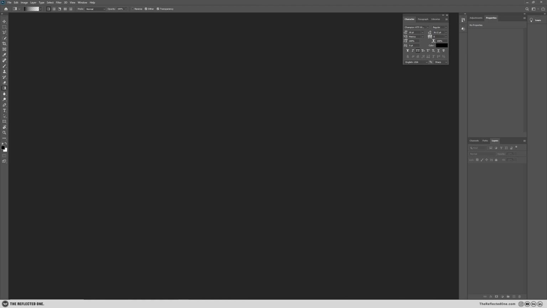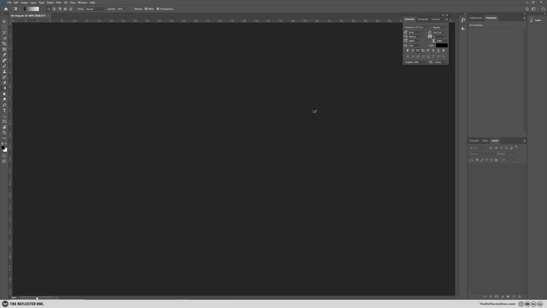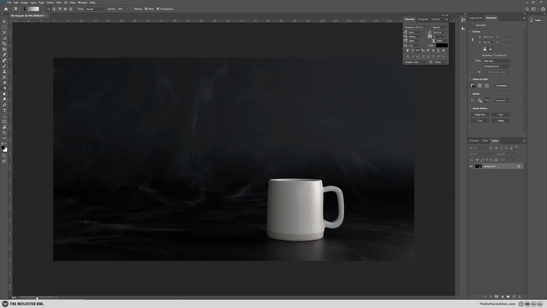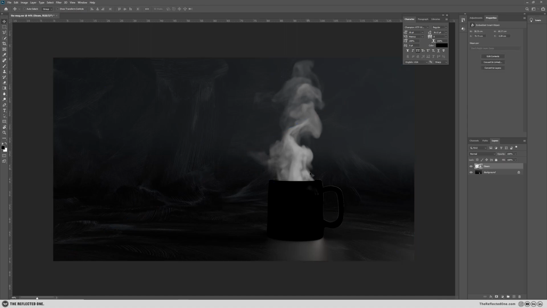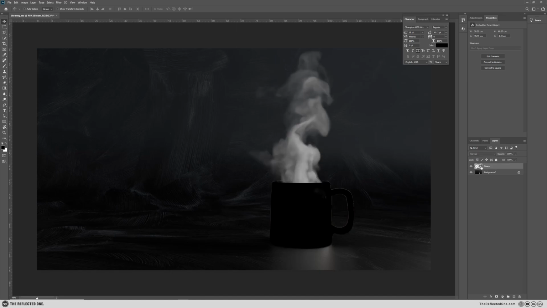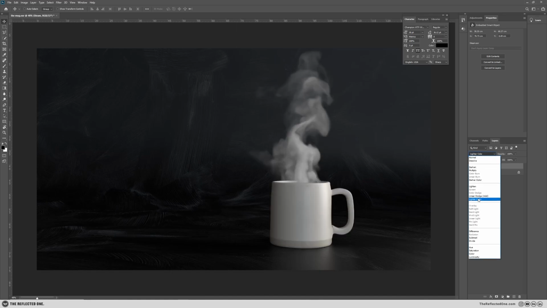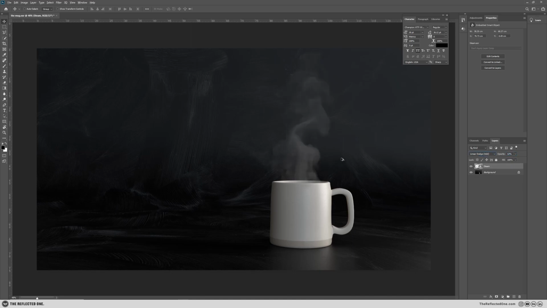Alright, I've rendered the scene with Corona and here's the result with alpha channel. Okay, and I will add this theme separately, which I rendered with V-Ray. Add it as a transparent. Okay, here's our theme. And if I change it to linear dodge, and you can play with the opacity, you can make it less visible,